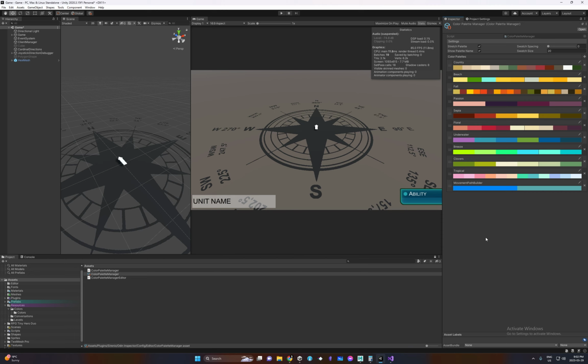Movement path builder. Oh, it disappeared. Oh, and I could just delete it. This is a color. What is this? These are palettes. Each one of these are palettes. I'd rather have a palette